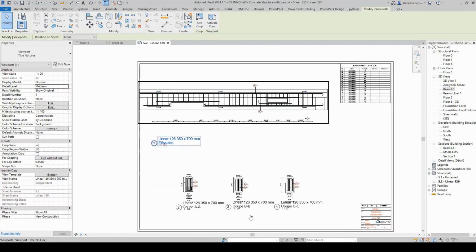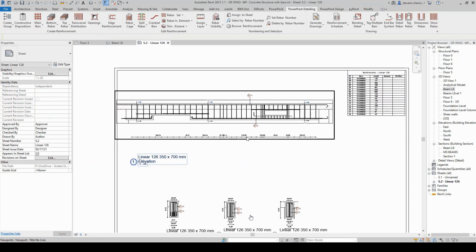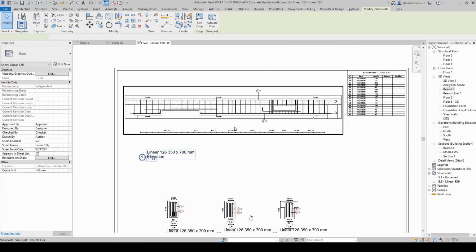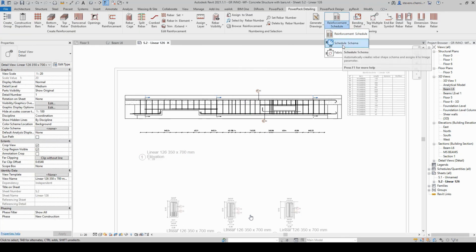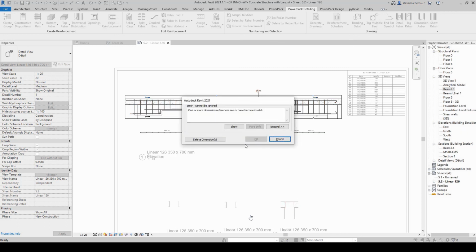So it speeds up the drawing generation, and then I can adjust manually, like here, by adjusting the view placement, changing the scales, changing the position of the title, and so on. And regarding the schedules, I explained that we have a bending details command, and we have a similar notion specific to schedules.